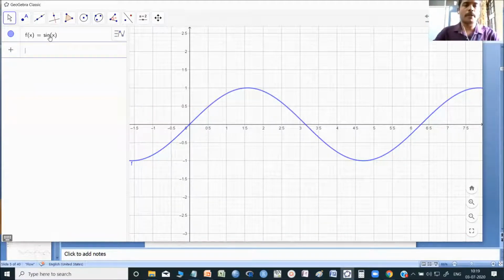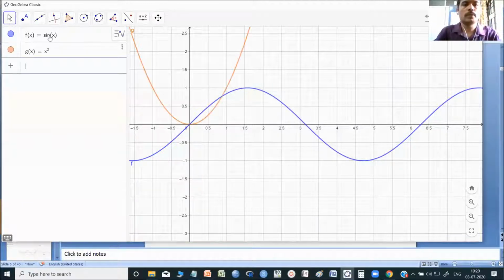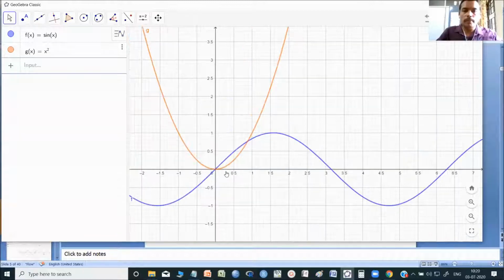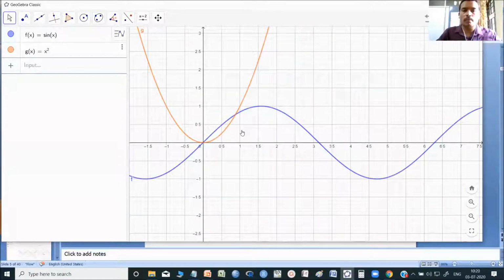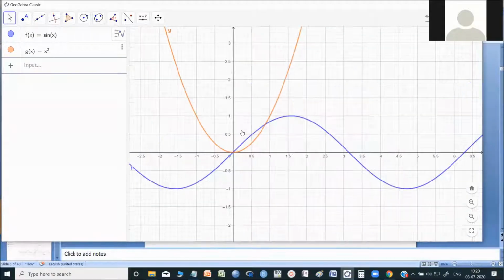So you have a function f. I can do the differentiation of sin x, or whatever I want. F is assigned as sin x. Similarly, say x square, if I want, I will type x to the power 2. That's all. So you have two curves now on the screen. One is sin x and the other is x square. I can show the bigger part. Wherever I want, I can move it using the leftmost button. That move option is there.